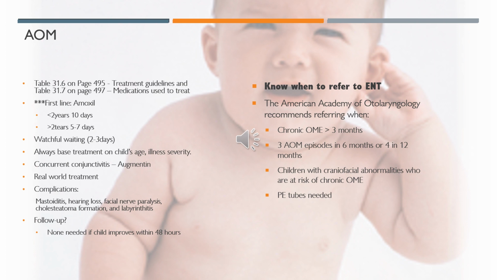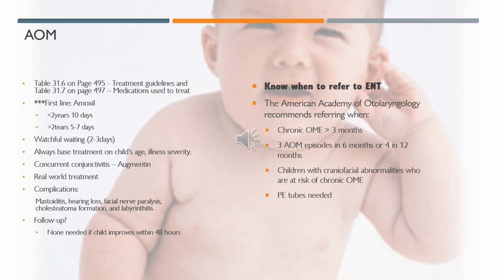The biggest things to refer is if they have chronic otitis media with effusion that has lasted longer than 3 months. If they have 3 episodes in 6 months or 4 in 12 months. If the child has craniofacial anomalies, or they're at risk of chronic otitis media with effusion, or if they have chronic otitis media, you can't get fluid to drain behind their ears, etc., and you think they need PE tubes, send them to ENT. Complications associated with untreated acute otitis media include mastoiditis, hearing loss, facial nerve paralysis, cholesteatoma formation,